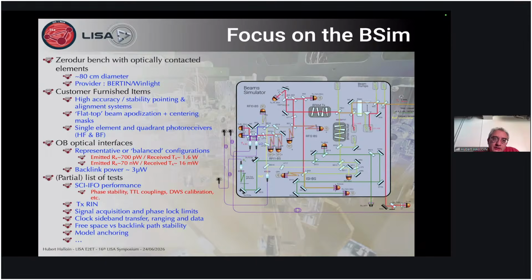This beam simulator also is here to provide representative optical interfaces to the optical bench. So basically in flight condition, it's 700 picowatts emitted by the beam simulator and received by the optical bench, whereas the optical bench emits about 1.6 watts towards the beam simulator. But there is also the possibility to